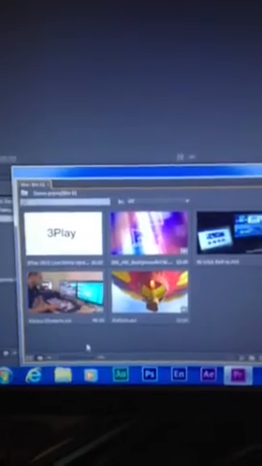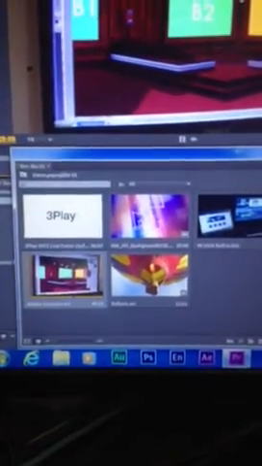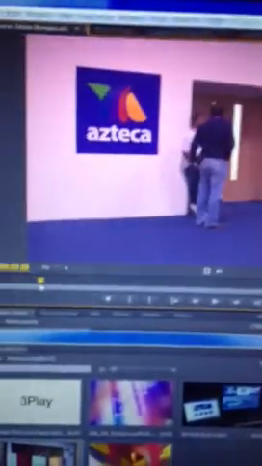Alright, so let's say this is the one I want first. If I double click on it, it'll bring it up here to the preview side and I can actually start editing it. So if I drag along the little timeline bar here, I can move to a point